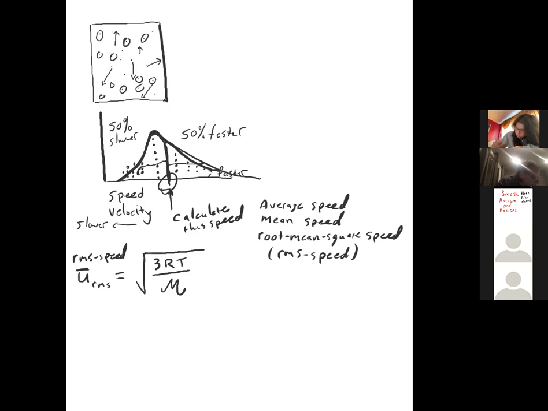So this is called the RMS average speed. And then T is the temperature in Kelvin. So that's temperature. M is the molar mass of the gas